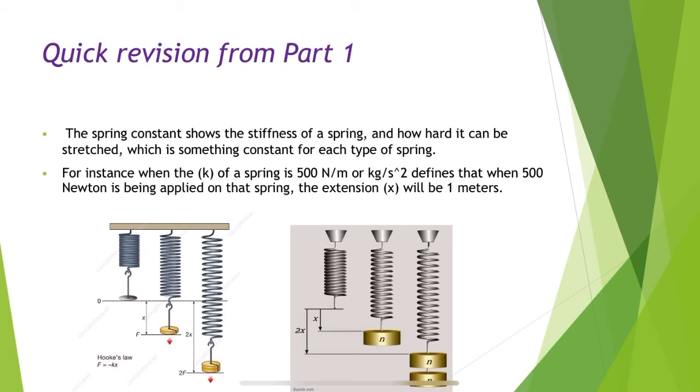When the heavier load is applied to the spring in the right picture and its extension is the same as when a load with less mass is applied to another spring with a different spring constant in the left picture,